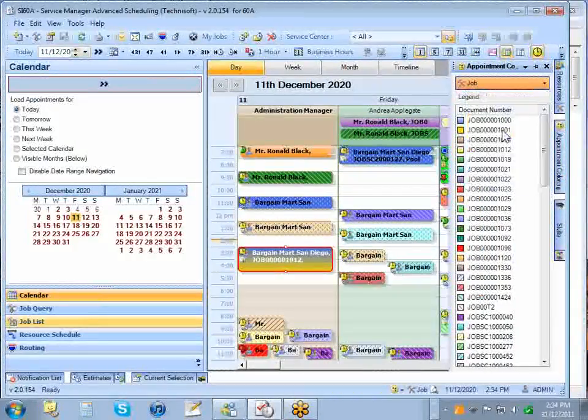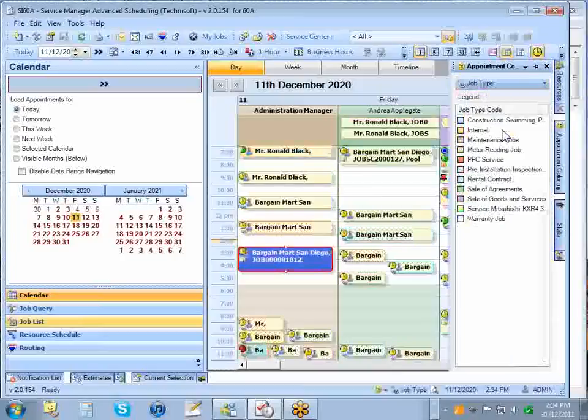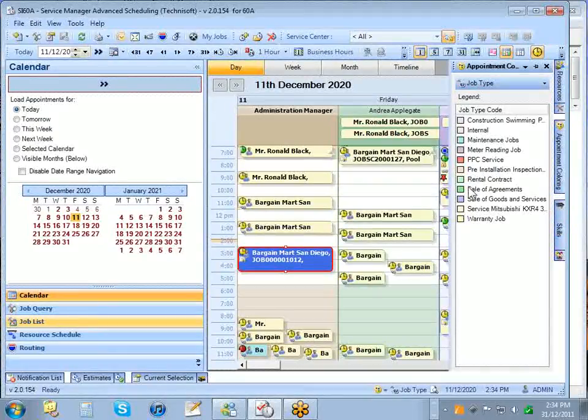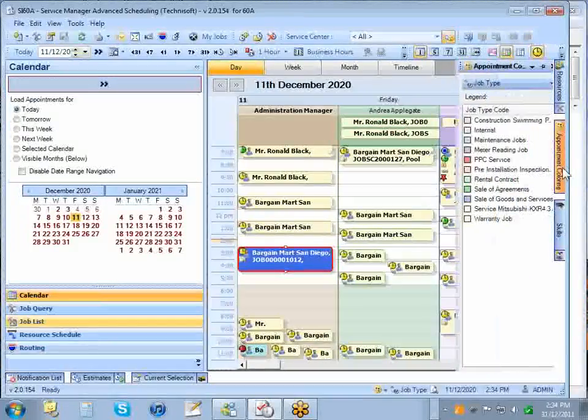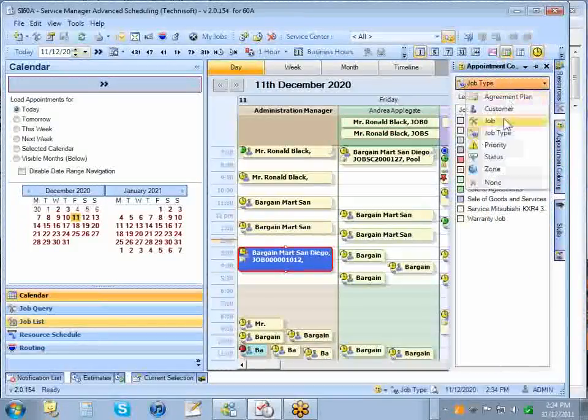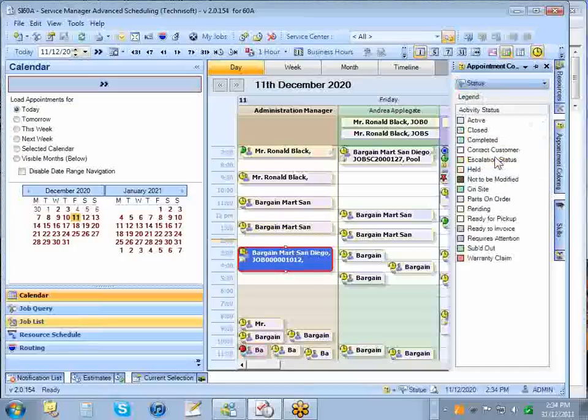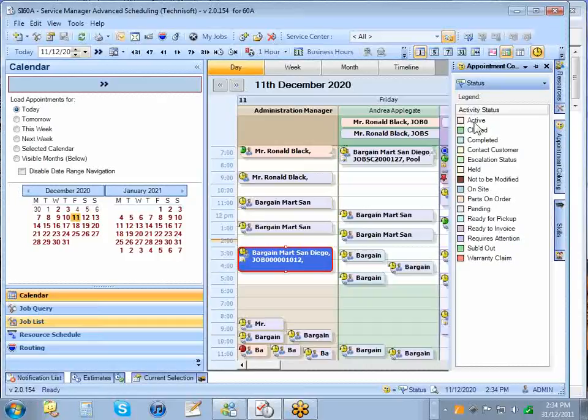We can colour by job type. Now you can see all the colours by job type, so the servicing of the air conditioning unit, warranty jobs, and we've got a blue maintenance job in the bottom left corner there. So they're handy. We saw colouring by priority already, so let's move on to status. So now we've got our jobs coloured by status. We can see the active jobs for those light pink jobs. We've got the grey jobs being pending,